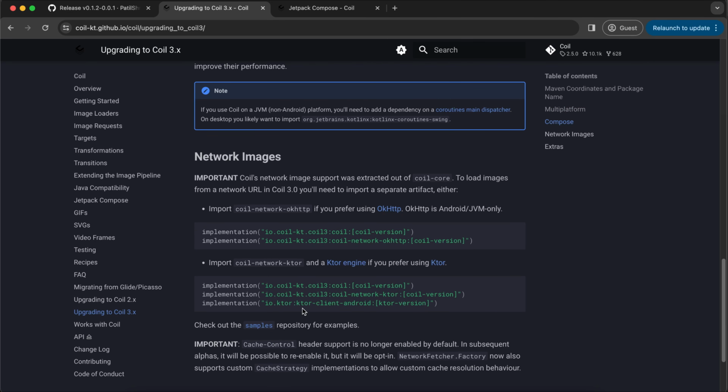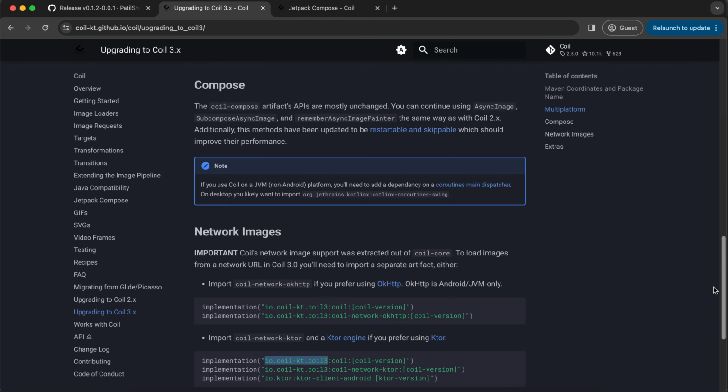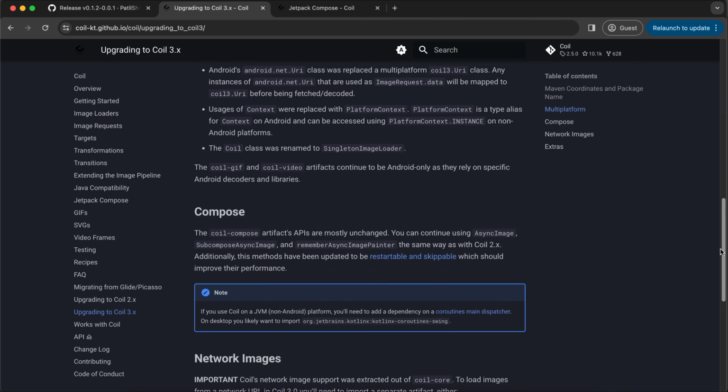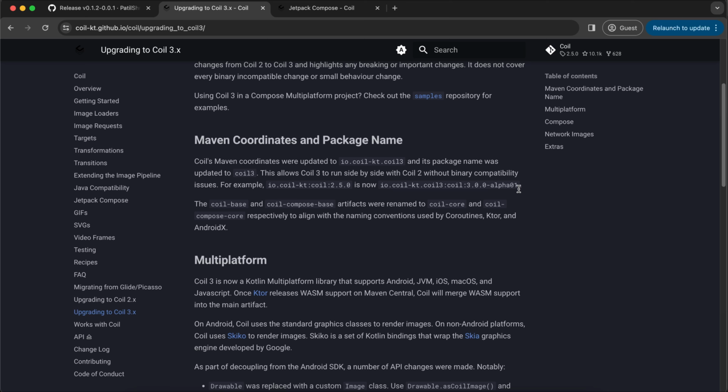You can see this part, io.coil-kt has been renamed to io.coil-kt.coil3, and the rest of the things will be the same, and the version will also be different for Compose Multiplatform, right? We can check out the version directly on its GitHub as well. But let's copy this part,